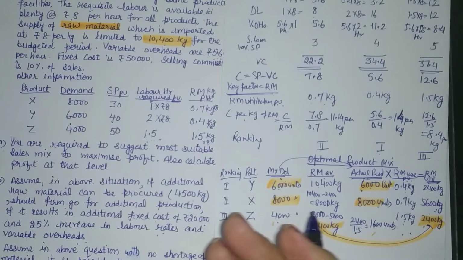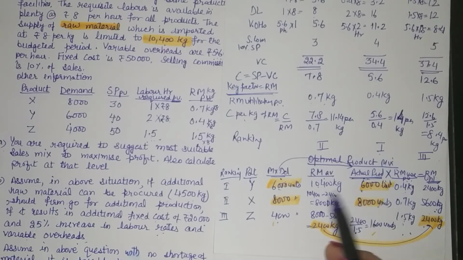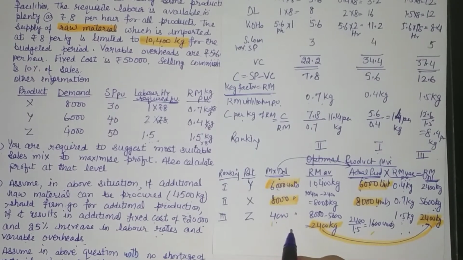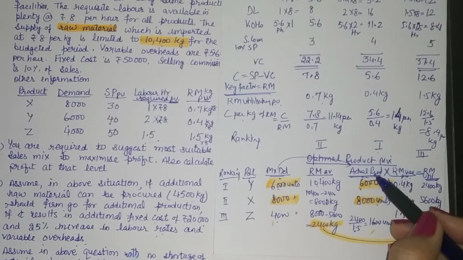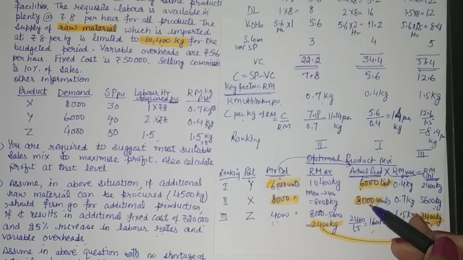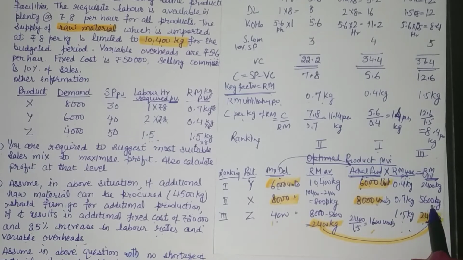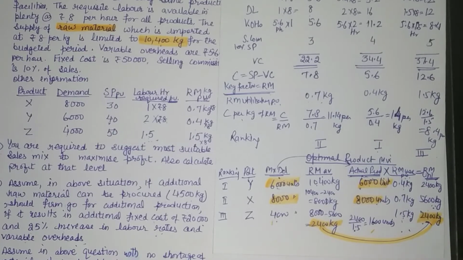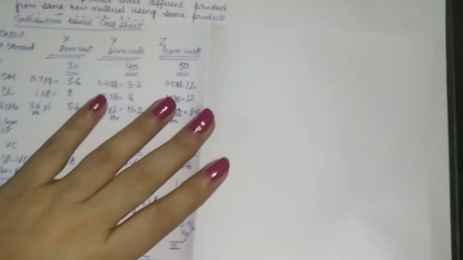It is not always that it is for the last ranking product only that we will be having lesser production. If we have a lot of limitations in the key factor, then it may happen that our key factor is utilized up to second only and we may not be having anything left for third. So the material or the key factor may finish at any stage. So at every stage, while writing budgeted or actual production, you should think of whether we can go for total or not. If you think that total is available, go for the total production, right? Otherwise limit it.